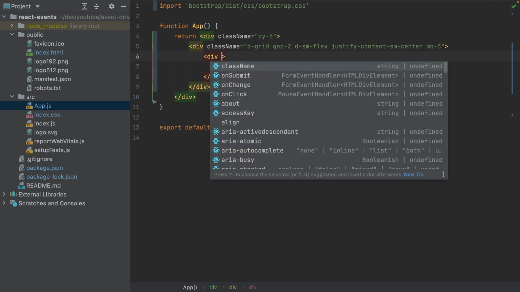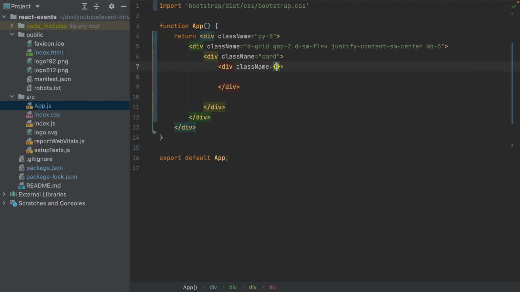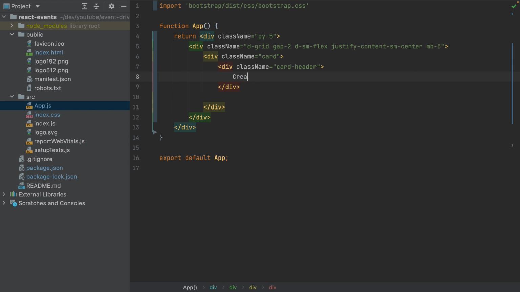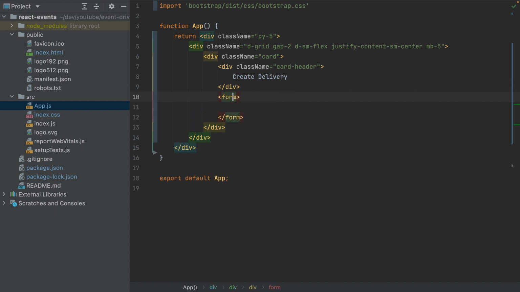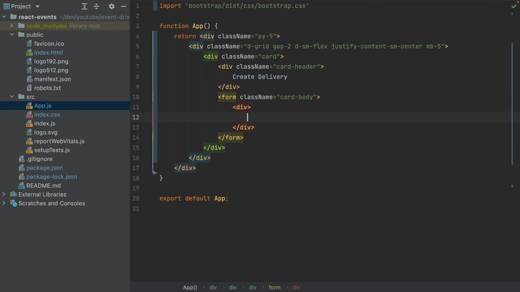add a div here with a class name of card. Then inside I will add another div with a class name of card header. I'll add here create delivery. Here I will add a form with a class name of card body. And inside now we can have inputs. So I will add another div here with a class name of